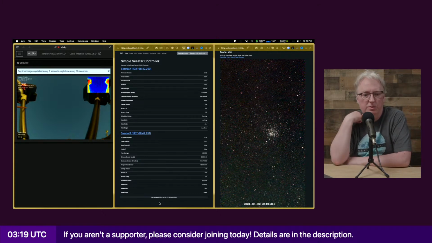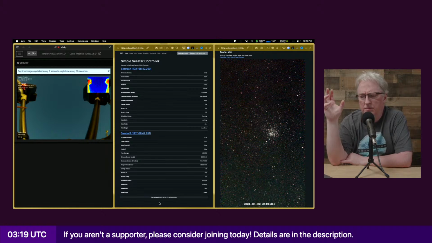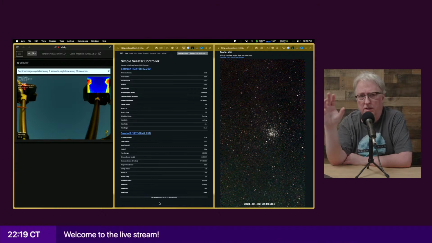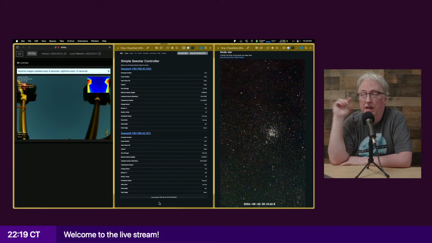And see, this also makes me want to get a third Seestar. There've been some changes. The latest firmware to the Seestar works with the Seestar ALP software, but there are some quirks, and I haven't updated either one of my telescopes or the app.